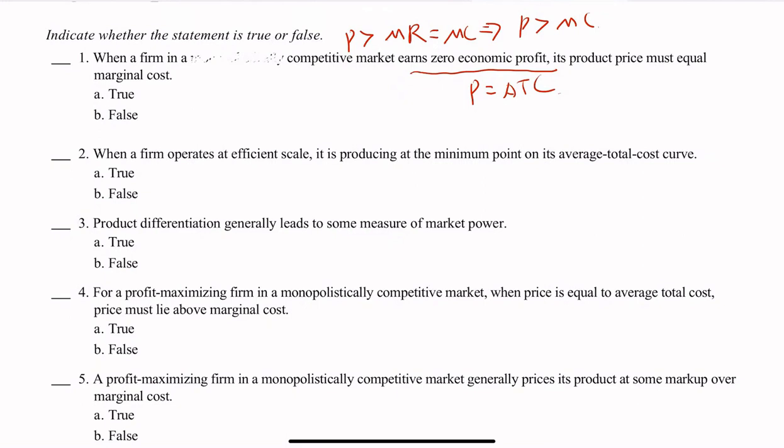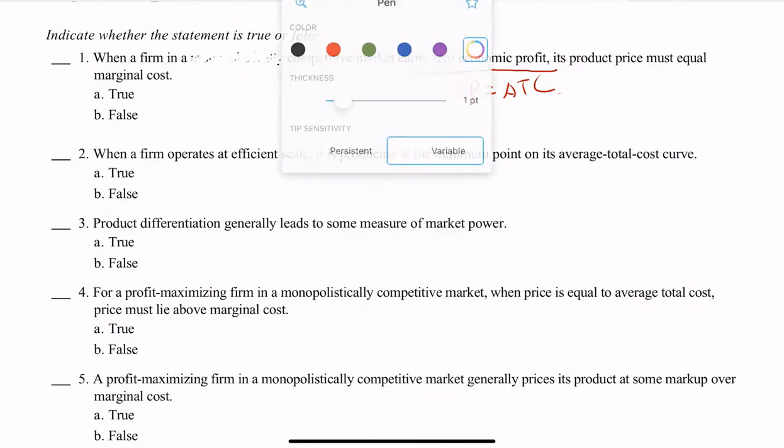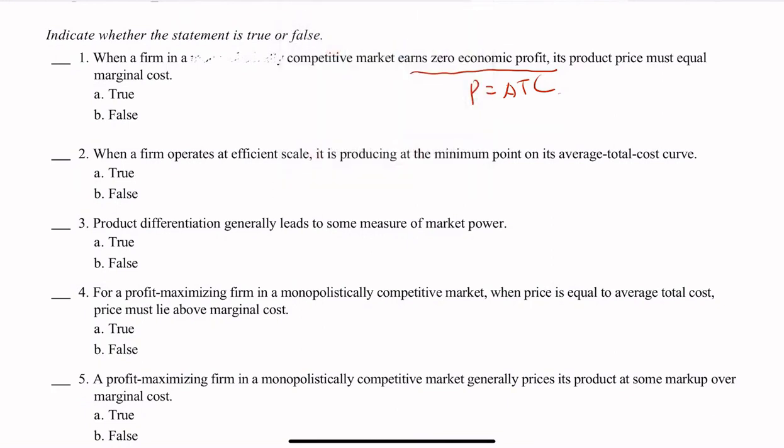Now, should we choose true or false? Well, in this case, we will have a competitive firm, right? So if we have a competitive firm, then we know that price has to be equal to marginal cost, right? So you can see that if it's a competitive firm, then we should choose true here. So to summarize, now we're having a monopolistically competitive firm, so we should choose false. But if it's a competitive market, then we should choose true.